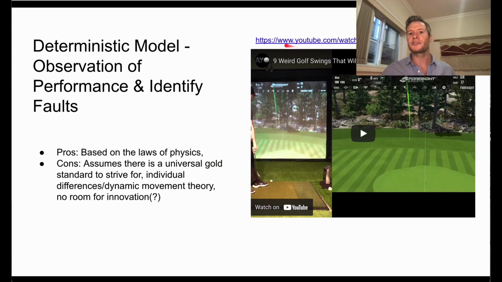If you want to watch these golf swings on your own, I highly suggest you do it. Here's the link here. You should be able to pull it from the PowerPoint lecture posted online for you pretty easily. But I just want to explain, and you'll see in each of these weird golf swings, that some golf swings that are very outside of what would be considered a gold standard end up getting quite far. Okay, so they produce a fairly good swing. But I just wanted to communicate one instance of this where,